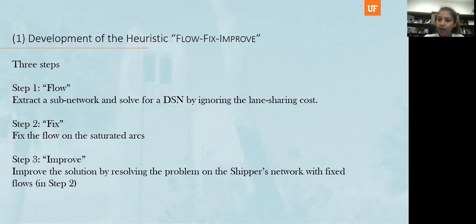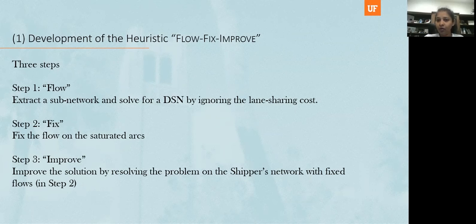When we solved the first one, we ignored some costs. In the second one, we fixed some flows. That's why we call it fix. In the third one, due to the fixing we did in the second step, the problem could be solved using a commercial solver within, I think, 400 seconds CPU time. So the initial problem could not be solved for days, but this method allows us to solve the third step within 400 seconds. So this was the heuristic, and unfortunately, I don't have any guarantees for you this time, but I can find out how good this solution is using